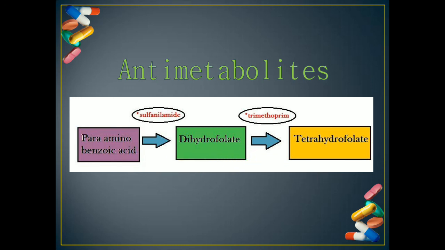Another drug which does the same thing is trimethoprim. Trimethoprim inhibits the next step, the conversion of dihydrofolate to tetrahydrofolate by a reductase enzyme. Trimethoprim inhibits that enzyme, so tetrahydrofolate will not be formed. If there is no tetrahydrofolate, there is no folic acid, and the antibiotic is functioning well. So sulfanilamide and trimethoprim are two examples of anti-metabolites, which inhibit a particular metabolic pathway by blocking a single enzyme. They are blocking the entire metabolic pathway itself.